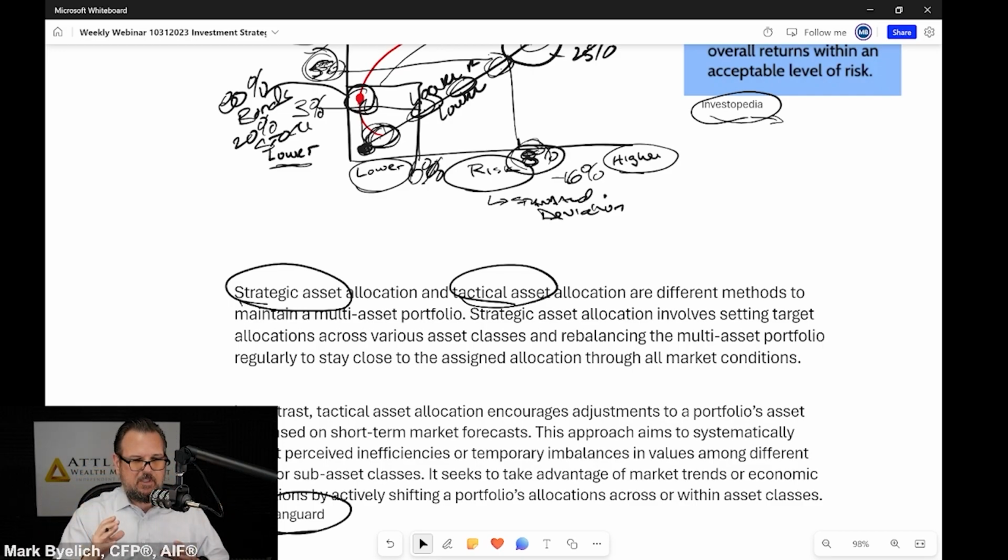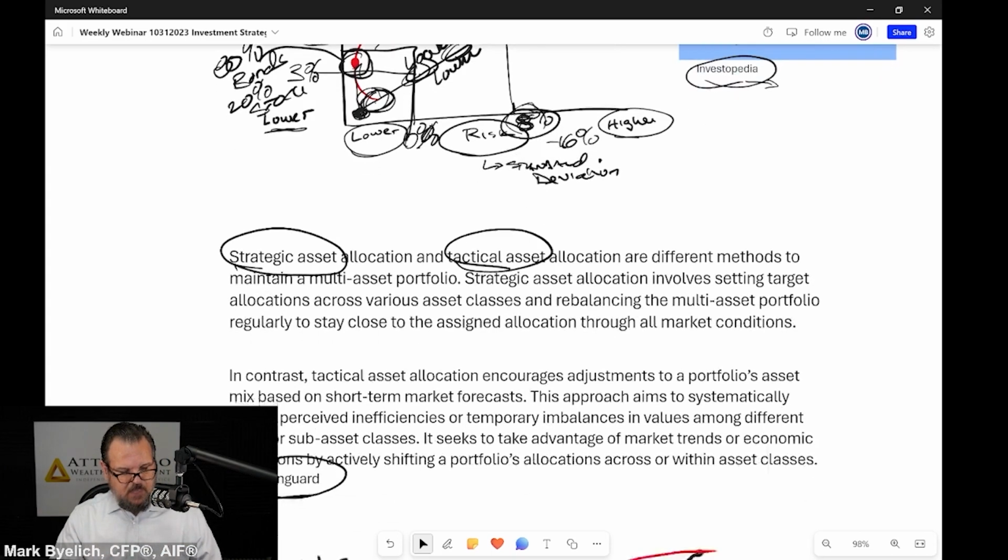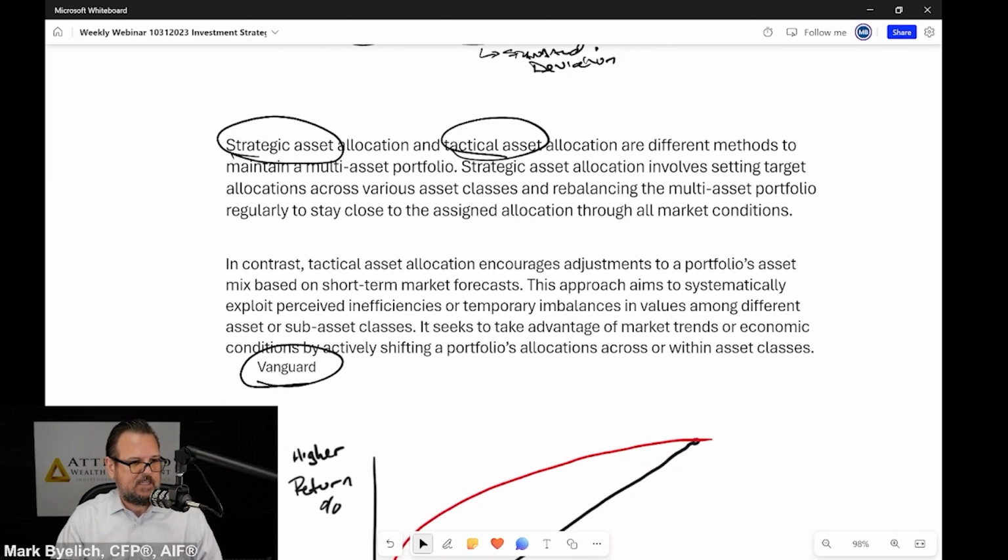because we know with keeping this portfolio balanced over time, it helps moderate the volatility and helps keep us in line with what we want to achieve for the amount of risk that we want to give up for achieving that return. Hope that makes sense. So in contrast, tactical asset allocation